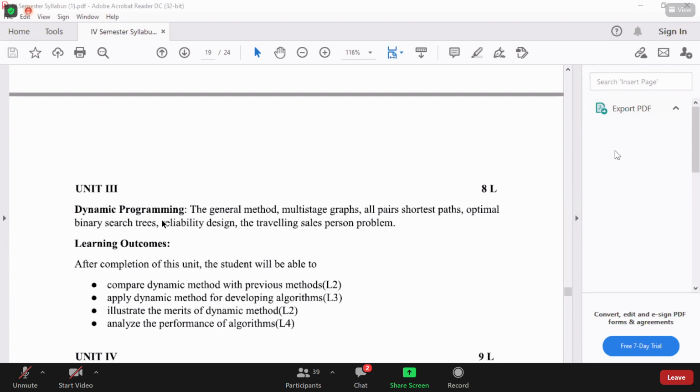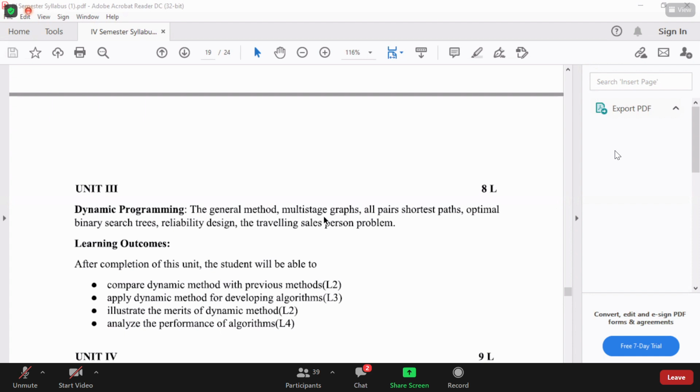These optimization problems we can solve through the greedy method or dynamic programming. Both are used to solve optimization problems, but the approaches are different. The greedy method is used to find either a minimum or maximum result. Dynamic programming is used to solve memoization problems or tabulation problems. That is the dynamic programming general method. We don't have any algorithm for this general method. In the greedy method we have the algorithm, but in dynamic programming there is no algorithm in the general method. So just remember what dynamic programming is.